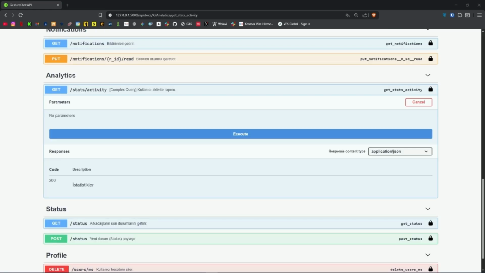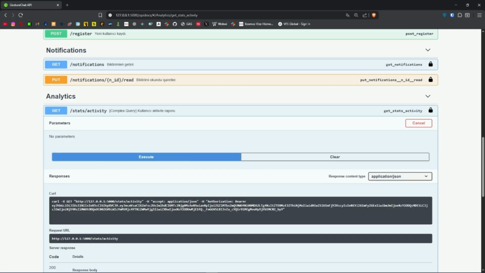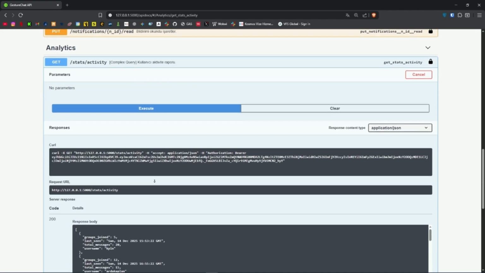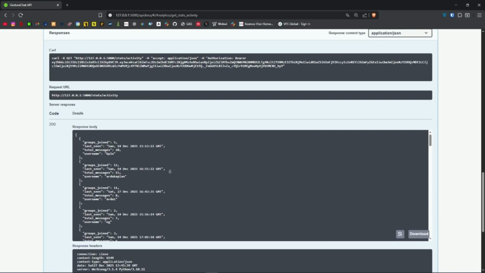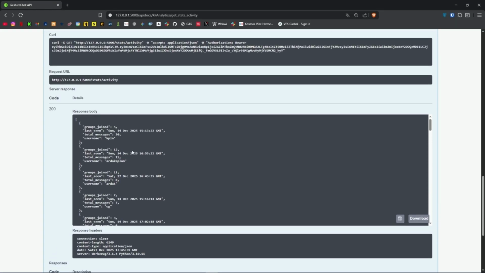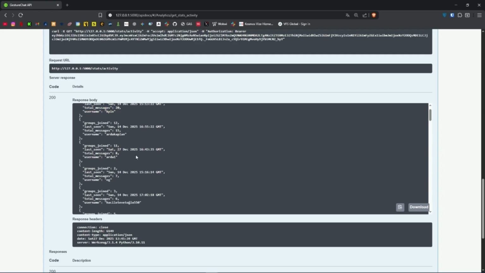Beyond simple data retrieval, we can process analytical data that is critical for investors and managers. That activity executes the most complex query of the project. Behind the scenes, this query performs a join across the user, message, and group tables and calculates user interactions using group by, and provides us with a ranked report of the most active users. And this allows us to identify system bottlenecks or trends in real time. In this endpoint, we can see when each user joined, last seen, and total message information.